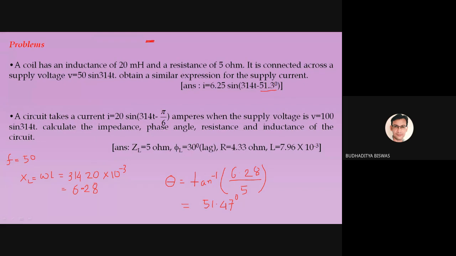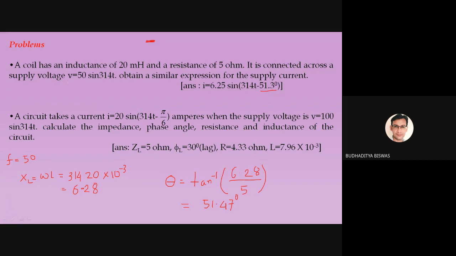Now, in the case of a pure inductor, the current lags by how many degrees? 90 degrees. So is it a pure inductive circuit? No. Whenever a resistance is connected in series with an inductor, that is called a mixed circuit. In a mixed circuit, the lagging angle is more than 0 degrees and less than 90 degrees. That's why the minus sign is there, because here the current should lag the voltage.